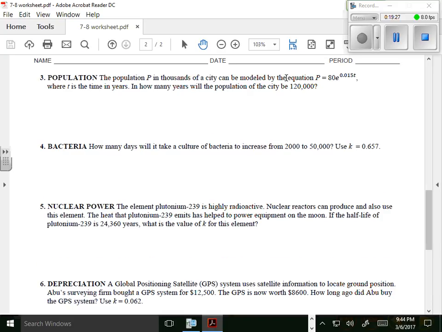Number 3, population in thousands is modeled by this formula right here. T is years. How many years will the population of the city be 120,000? So we don't want to put 120,000 because P is in thousands. So this represents 80,000 in the beginning. So we want to know 120,000 will be the end result if it starts out at 80,000,